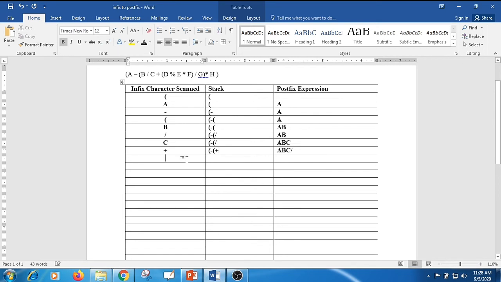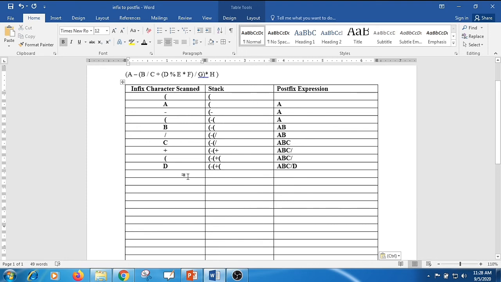Okay. Now next you have the opening bracket. This will be placed onto the stack. Here it will be as it is, A, B, C, division. Next comes D. I need to place D after A, B, C division. The stack will be as it is, there is no change over here.